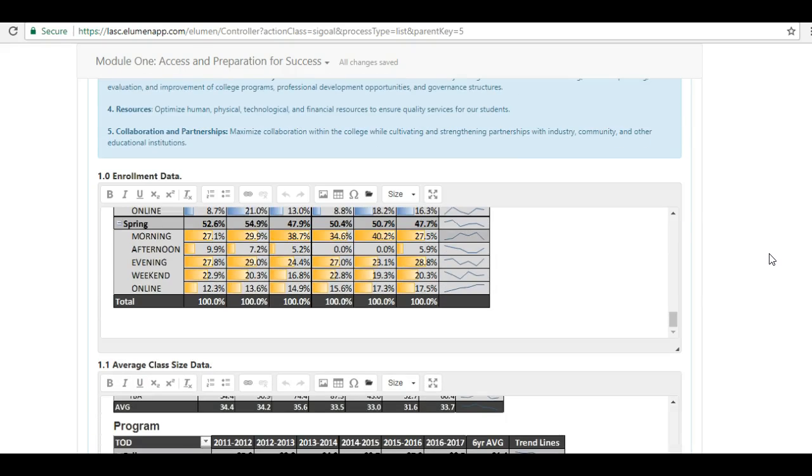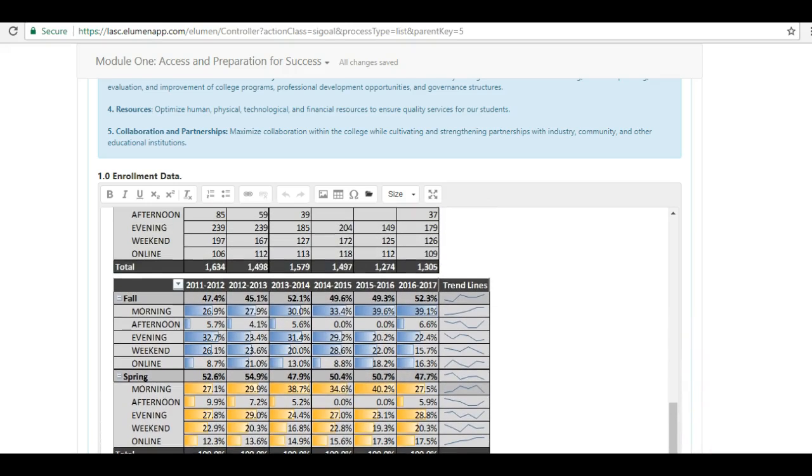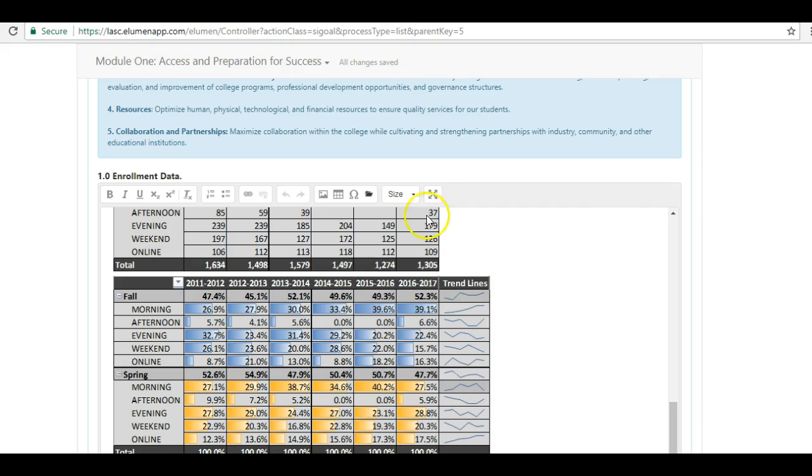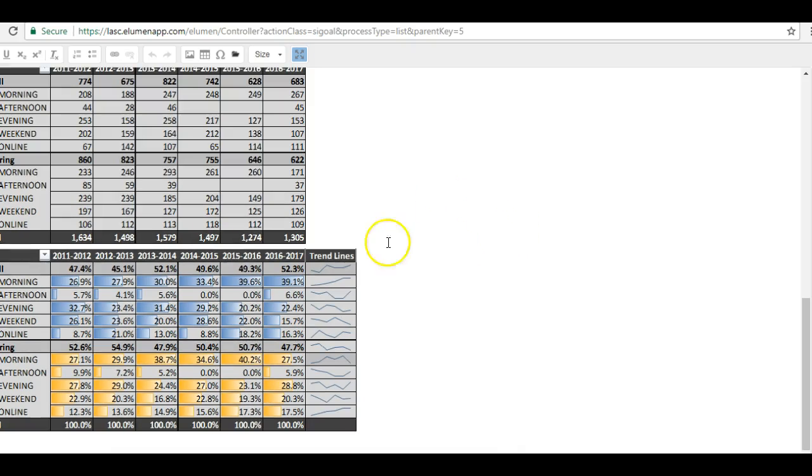And then in some cases in modules, you will have data that you have to consider. The data tables are already dropped into the program reviews, so for your program data, you don't have to look at another outside data sheet or anything like that. When you see these tables or this data in your program review, to get a good look at it, there's a couple of things you can do. This box drags down, so you can drag the box down so you can see everything. But the easiest thing to do is to locate this button here, which says maximize. And when you click it,